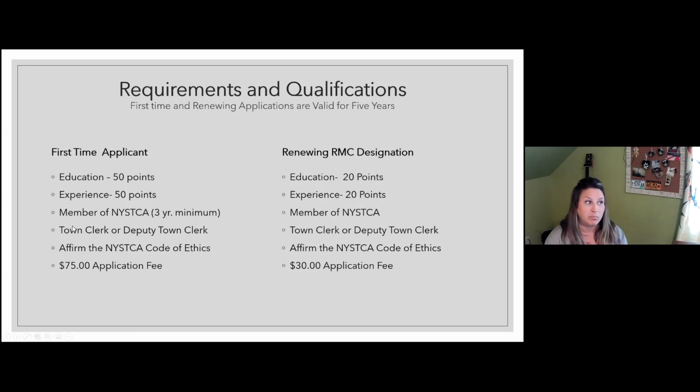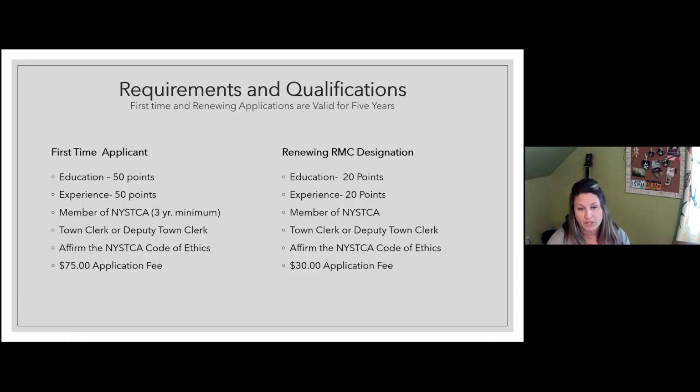You must be a member of the New York State Town Clerks Association for a minimum of 3 years. You can either be a town clerk, or deputy clerks can also put in the work and attain trainings to become a registered municipal clerk. You have to affirm the state association's code of ethics, and the first time application fee is $75.